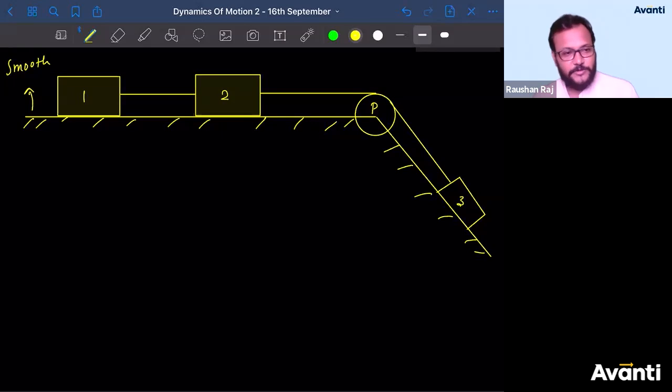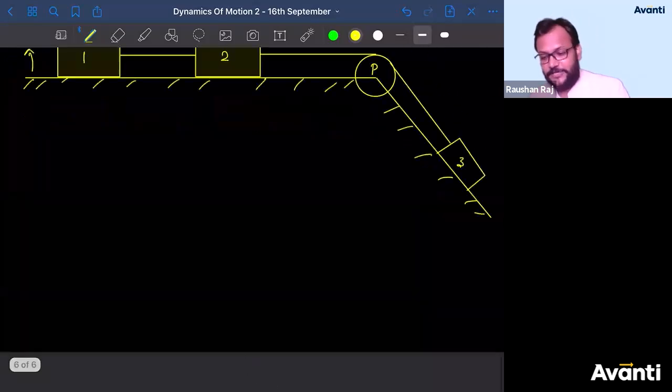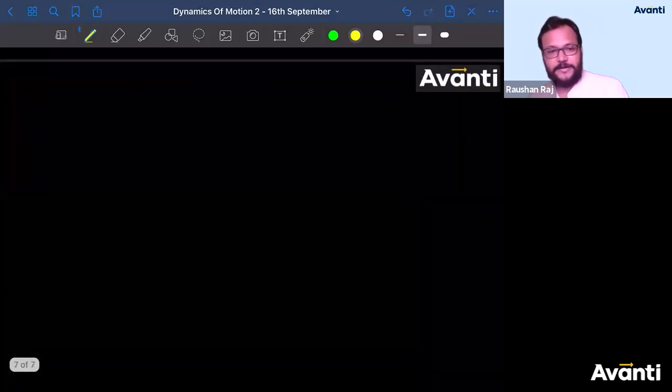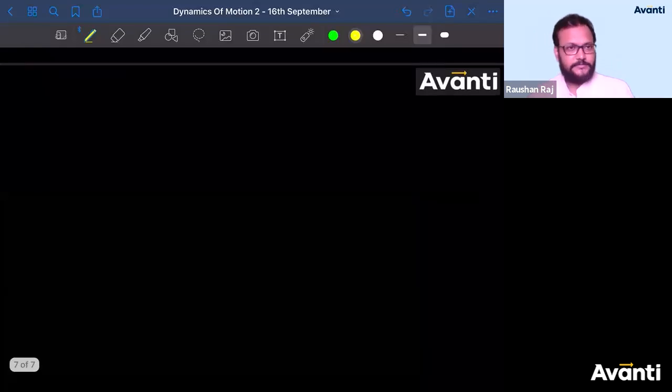Whenever I'll be drawing free body diagrams in other classes, in other chapters, you'll be making a very bad face. Believe me, guys, you'll make a very bad face. And you'll try to let me know that you know this, but inside you, you know that you don't know the answer. You don't know what is going on in the class. So that is why I'm telling you, please draw these free body diagrams. Okay? Attempt it. Anyway, I'm going to solve it. But I need all of you to attempt it at least.